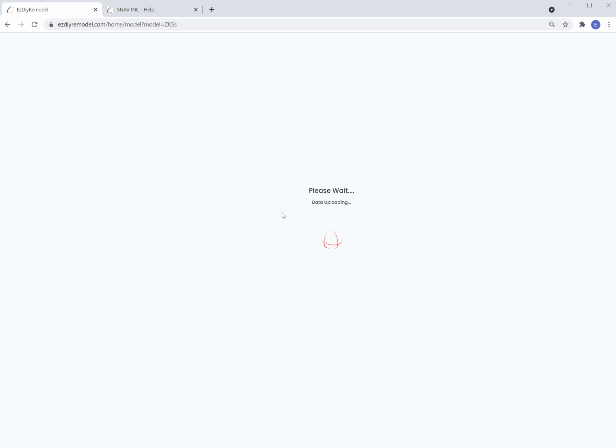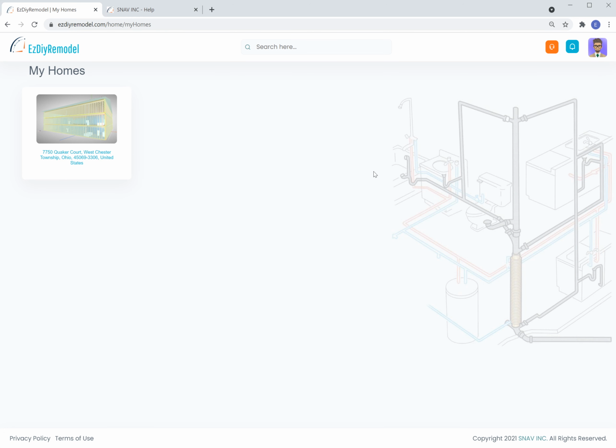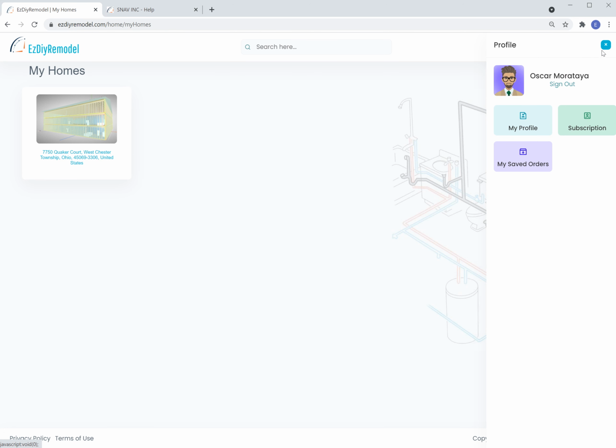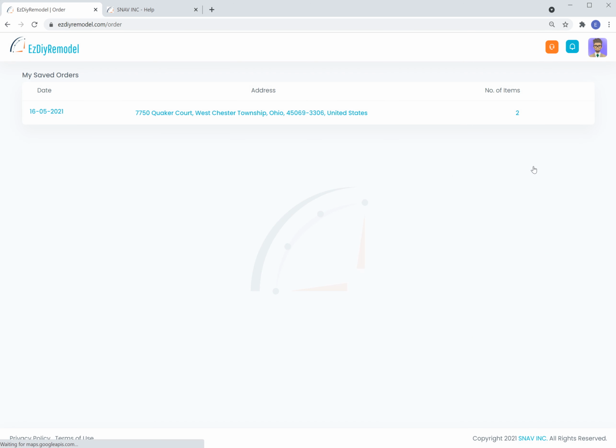Whenever you click to log out or leave the model, it'll try to save it for you. So now I can go to the profile and see my saved orders. Again, you're not making any orders, it's just letting you save it